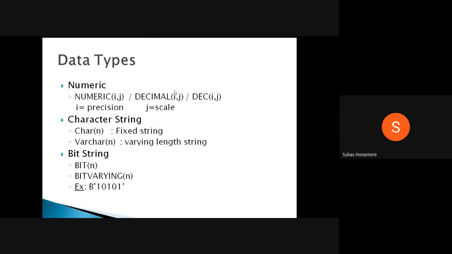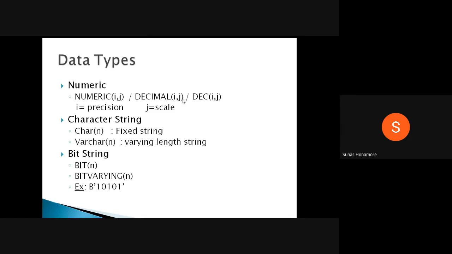Here i stands for the number of digits you can give before the decimal point. So before the decimal point, how many digits you want to capture. And j represents how many digits you want to give after the decimal point. If I give 2 comma 2, it means two digits I'm expecting, then after the decimal point also two digits, scale sorry, I'm taking.